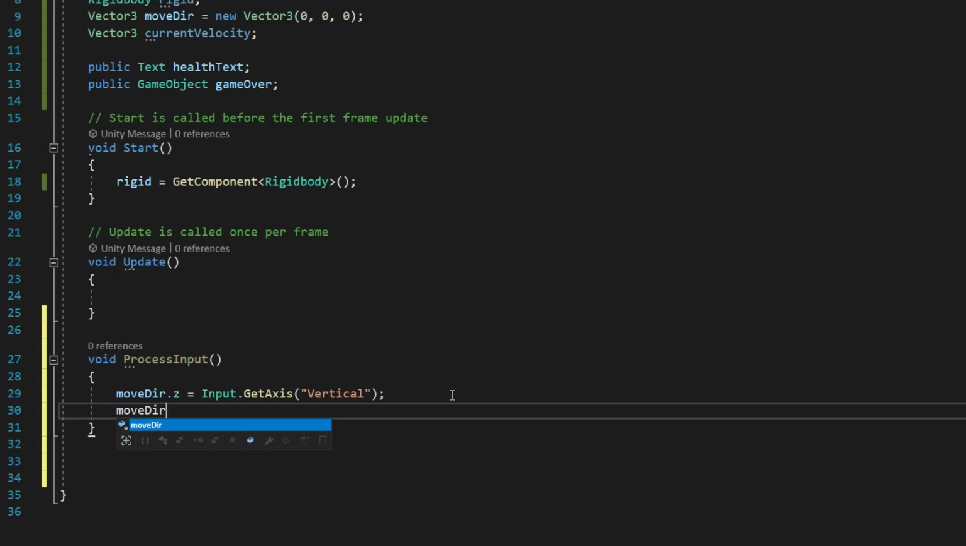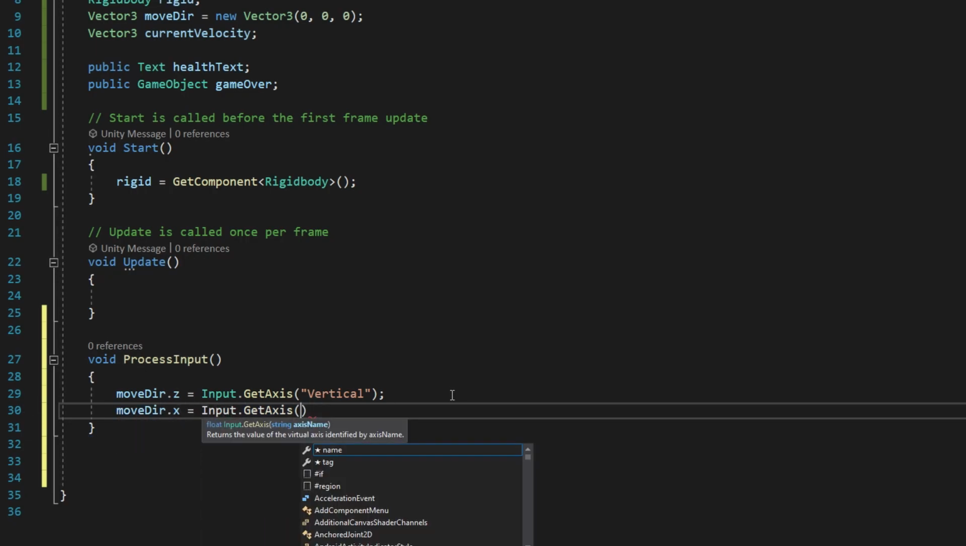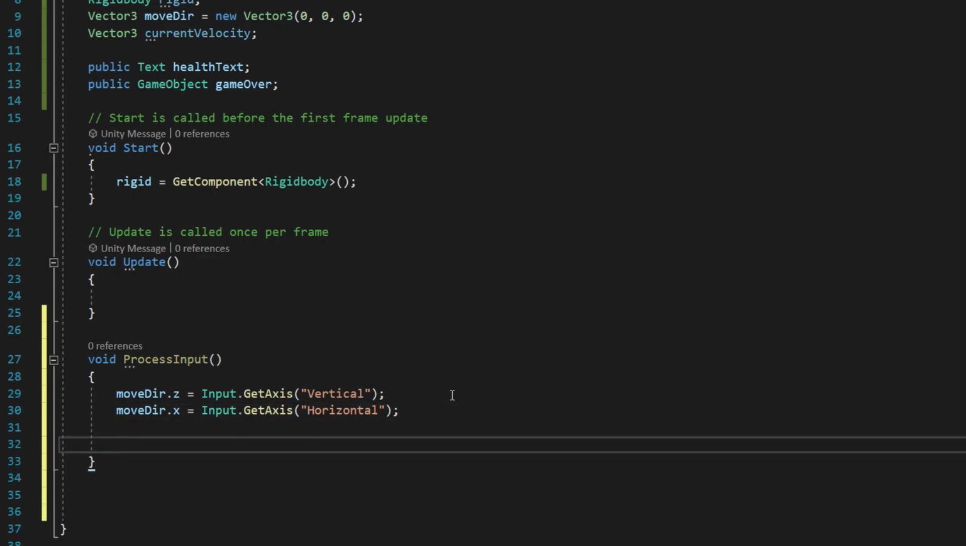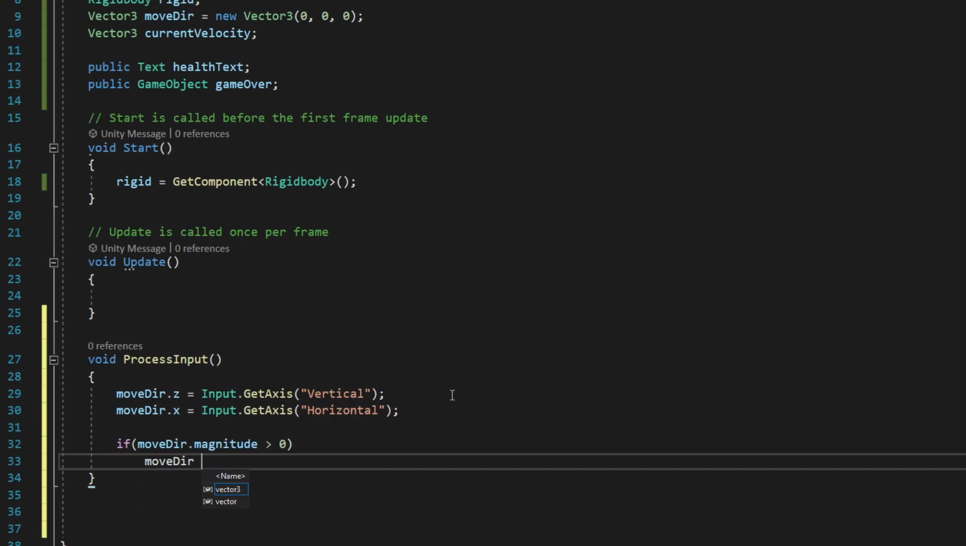Next, we're going to say moveDir.x is equal to Input.GetAxis. And parentheses and quotation marks, this one is going to be Horizontal. And add our semicolon. Next, we're going to say if moveDir.magnitude is greater than 0, what we want to do is say moveDir is equal to transform.TransformDirection